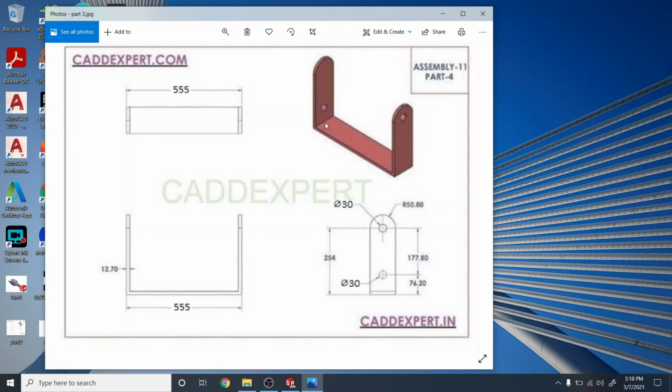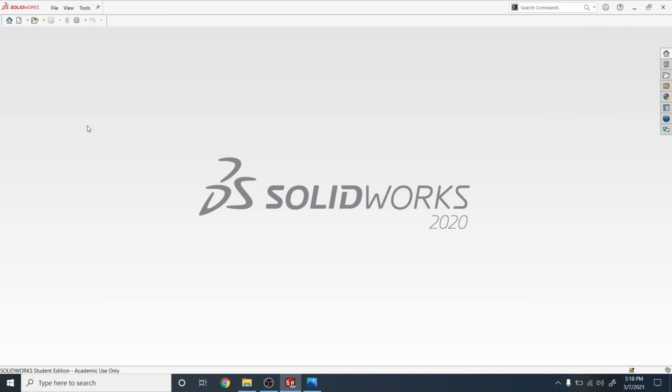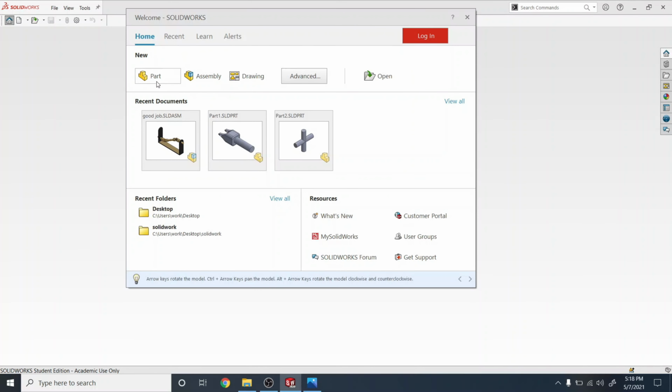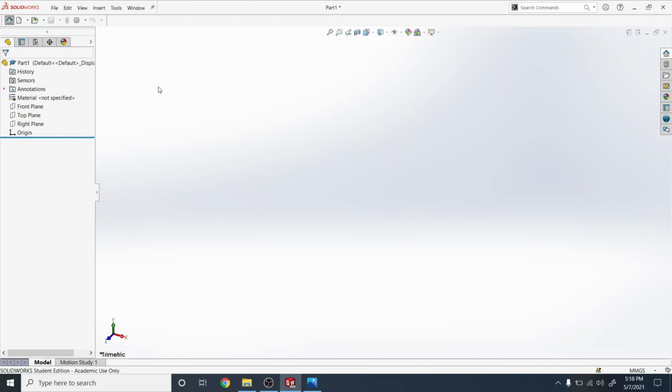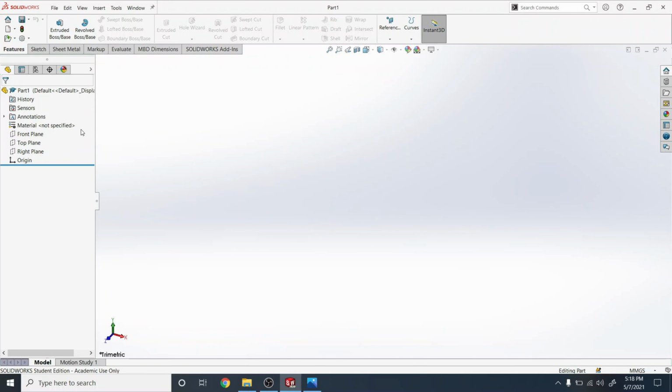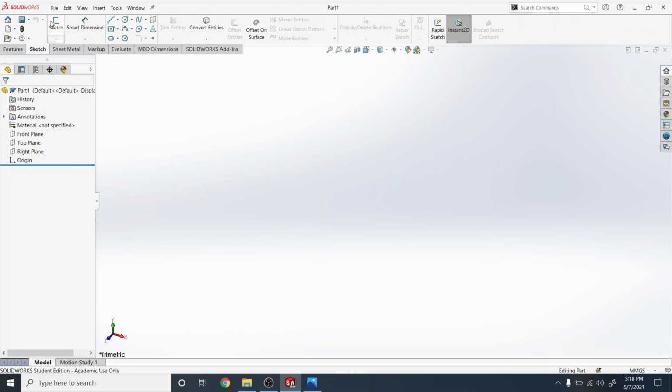Okay, so this is the third part that we're going to be creating in Solidworks. So this is the one, and now we're going to go into Solidworks. Under this welcome window, we obviously are going to click on part. Okay, I'm going to start off with my front plane